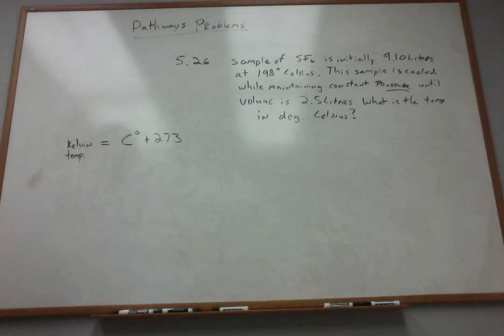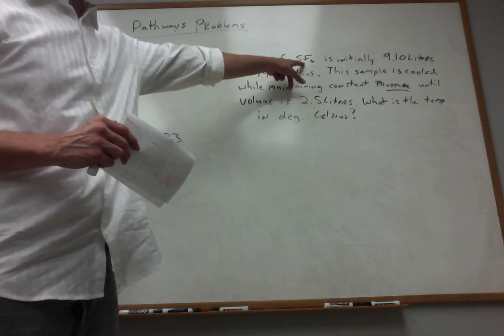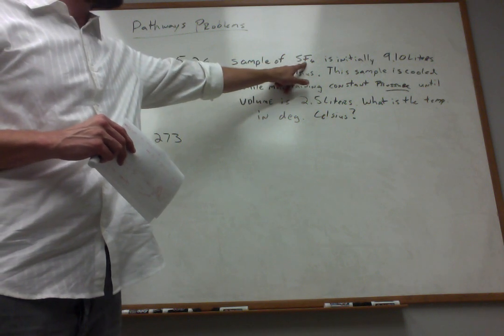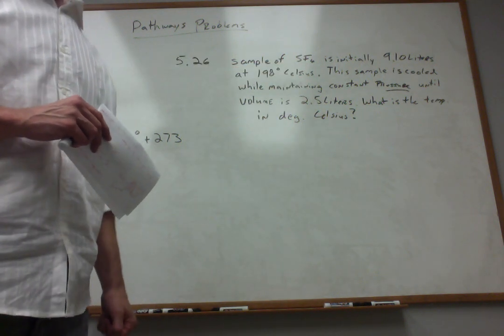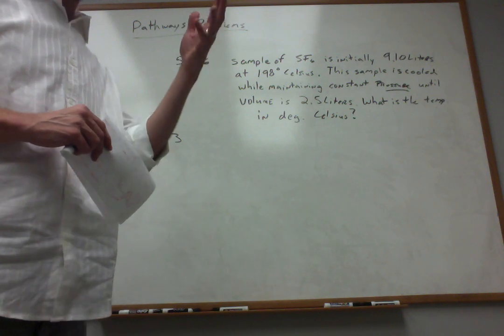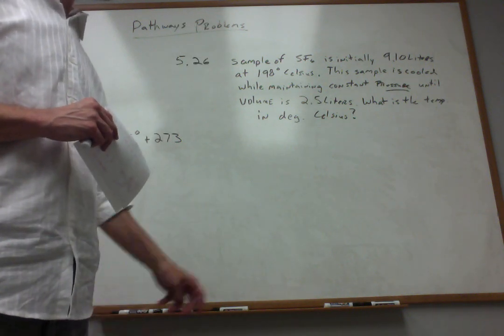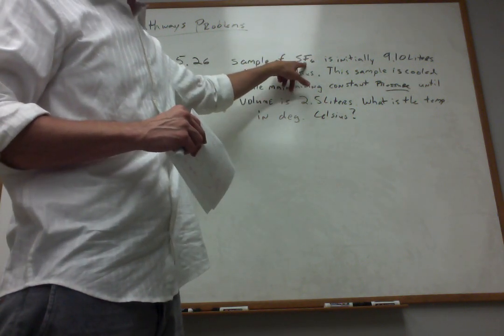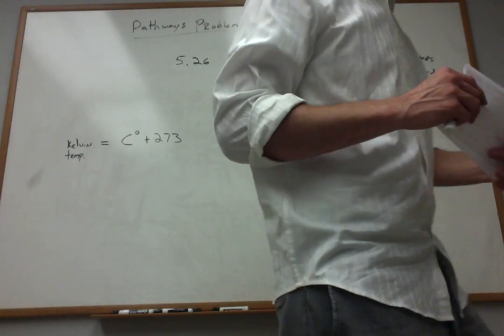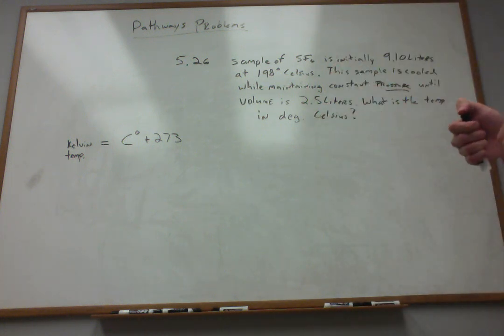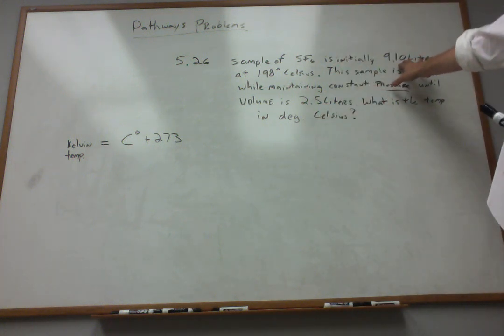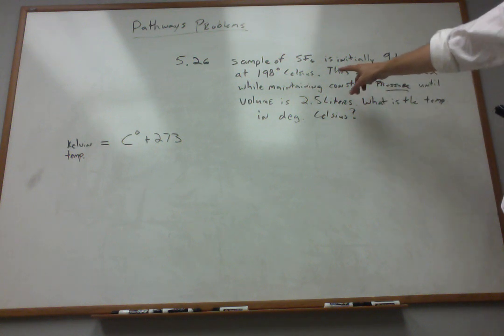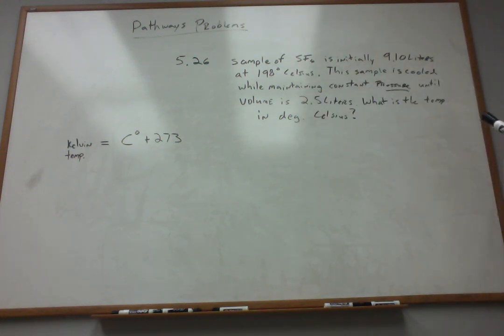Okay, this is problem 5.26 from the back of the textbook. The problem tells us about a sample of sulfur hexafluoride gas, SF6. We'll see this later when we study the VSEPR model, because it's got an octahedral geometry around the central sulfur, so it's a nice example of that. But anyway, it's a nonpolar molecule, so it's a gas, even though it's sort of heavy for a gas in terms of molecular weight. We initially hold that at a volume of 9.1 liters at a temperature of 198 degrees